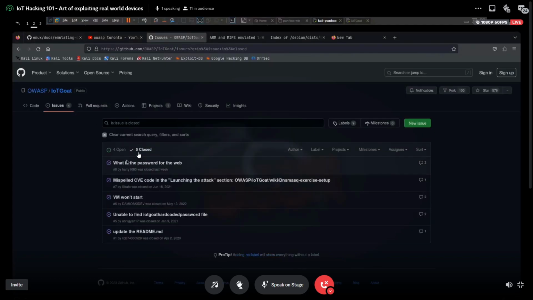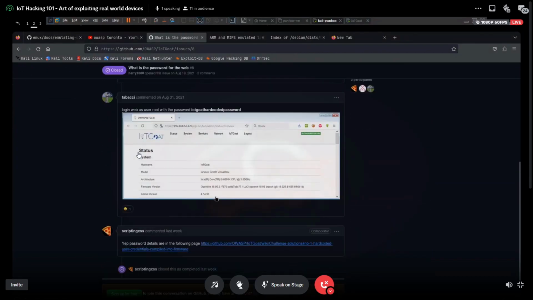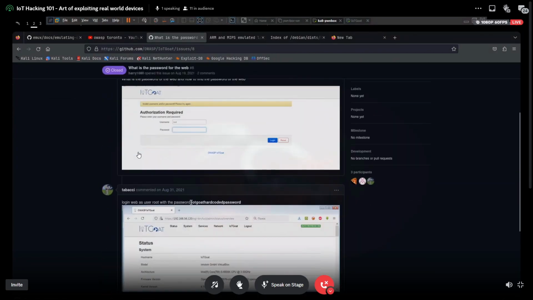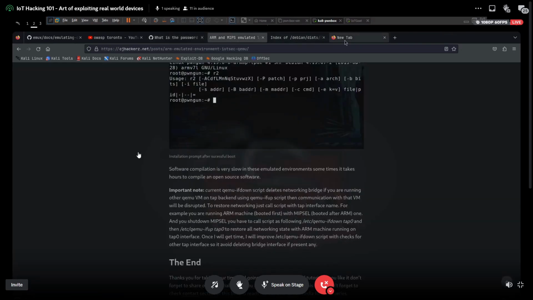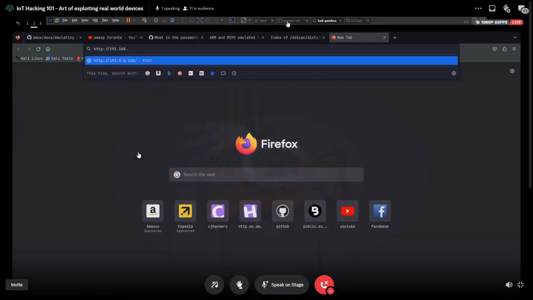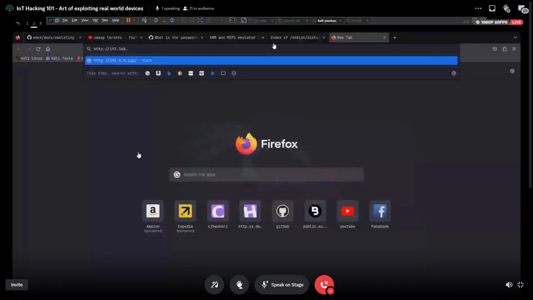Yeah, they haven't updated the password in the documentation, so you have to come to this issue and find it all the time. That's the sad thing about it. Let's go to the IP address: 79.132.